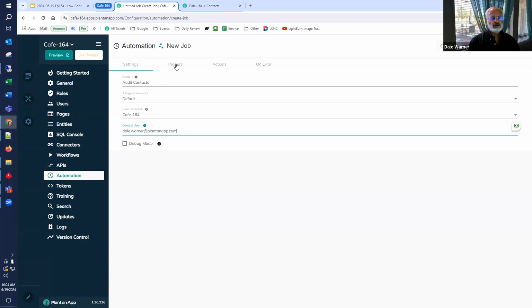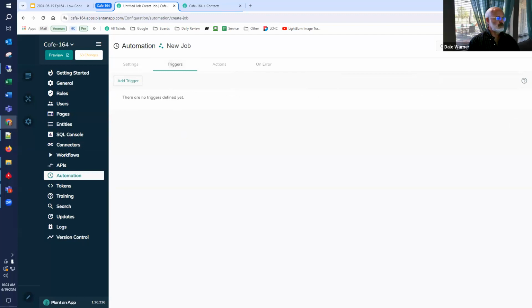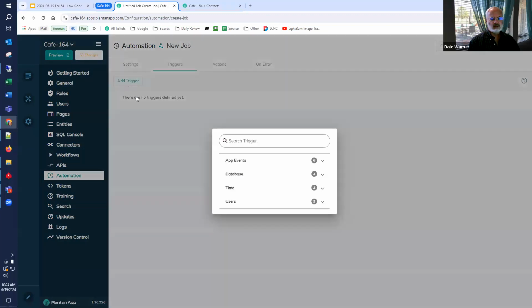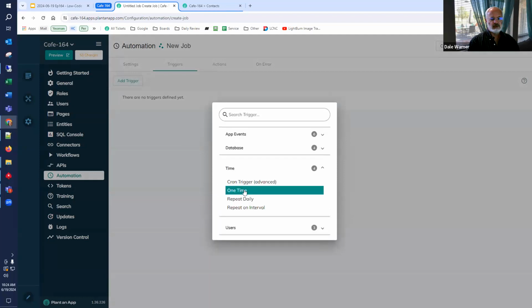So when you do an automation job, there are these initial settings, but then there are triggers. When do you want this job to act? And there are different types of triggers. For example, you can say something that's time-based. You can say repeat every day or repeat every 15 seconds. We want